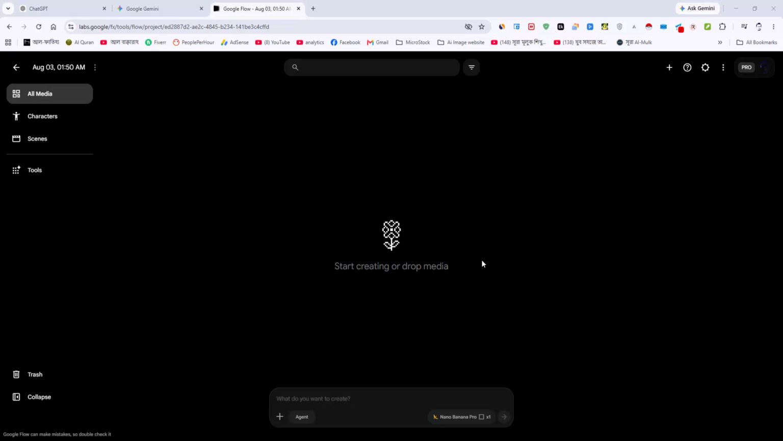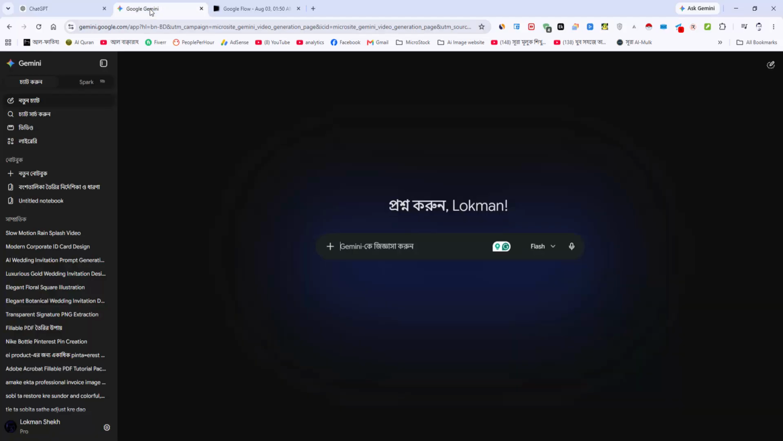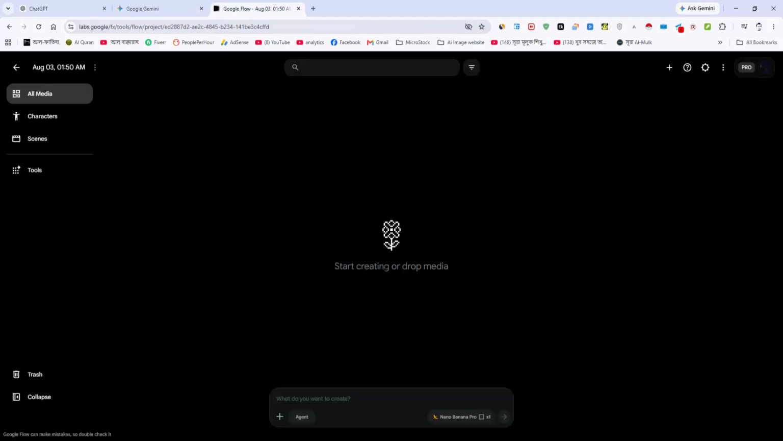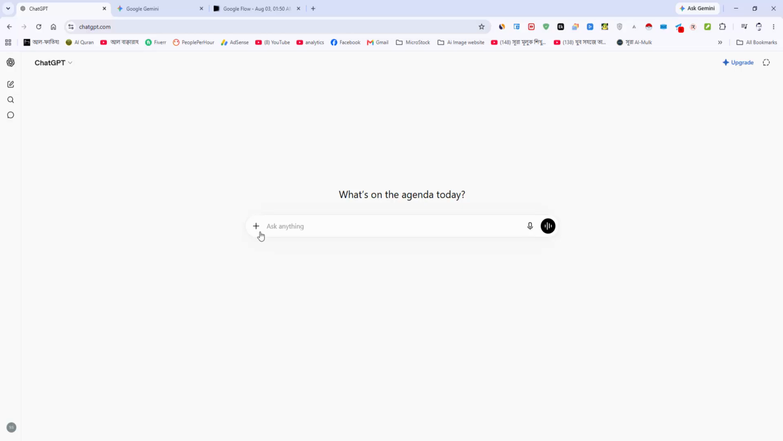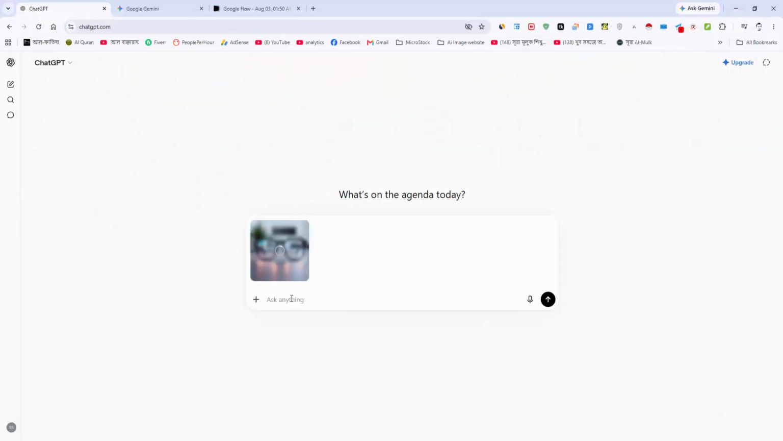Let's get started. Firstly, open ChatGPT, Gemini or Google Flow. Just upload the image and type the prompt: remove the glare and reflection and keep the